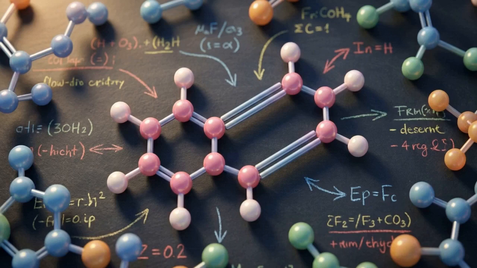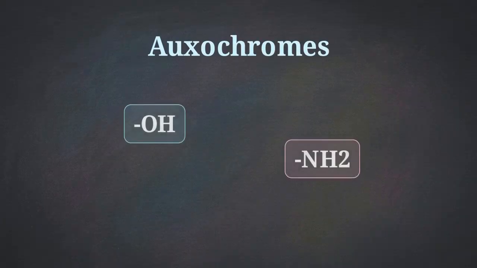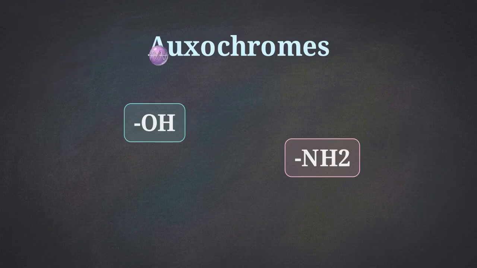But molecules are complex. A chromophore rarely exists in total isolation. It is constantly influenced by the neighboring atoms attached to it. This brings us to the auxochrome. Think of an OH or NH2 group. On its own, an auxochrome doesn't significantly absorb UV light, but it acts as a chemical modifier when attached directly